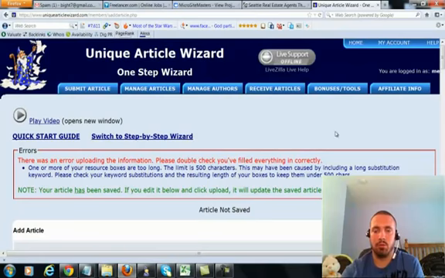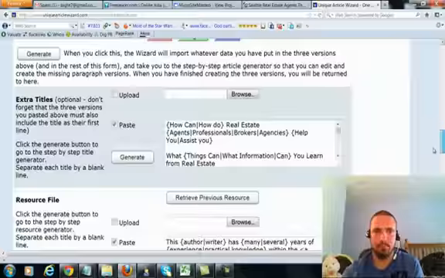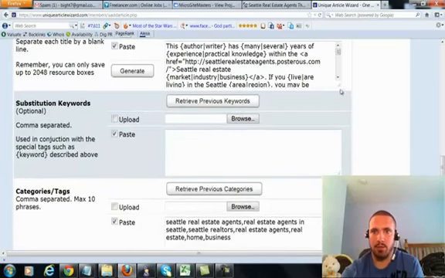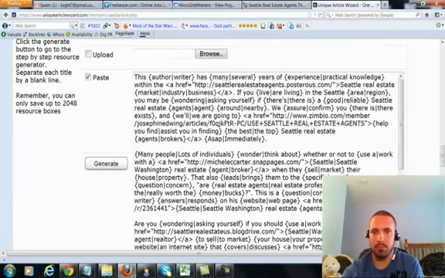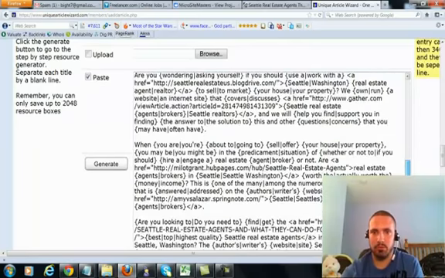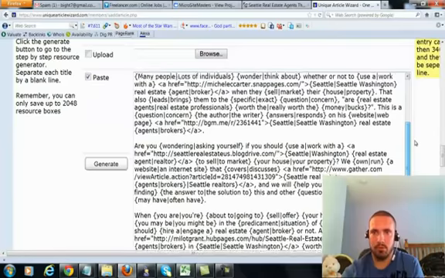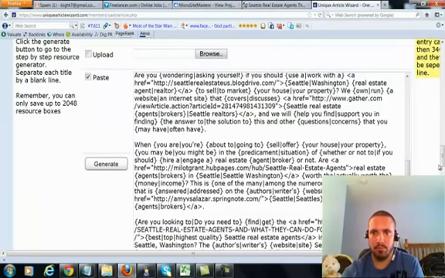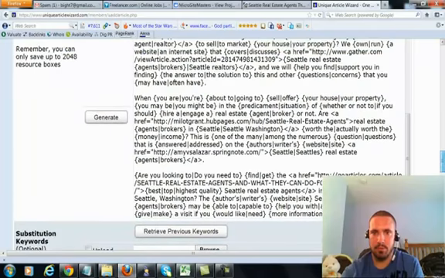Alright, one of them is too long. One of my resource boxes is too long. So I'm going to go ahead and make this bigger. And let's see which one it was. It's probably not that one.